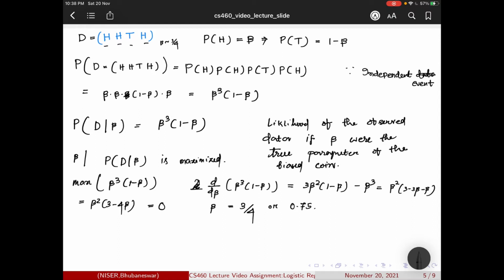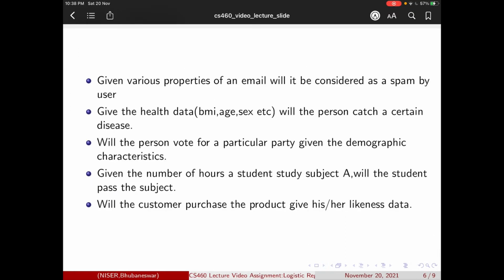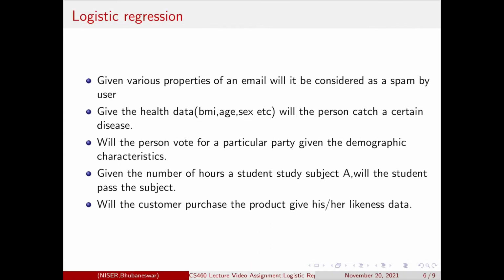That is the intuition, but this is the proper calculation. So now that we understand the likelihood, we will now discuss logistic regression.